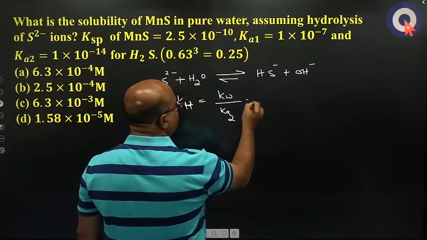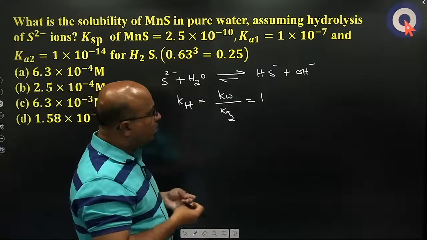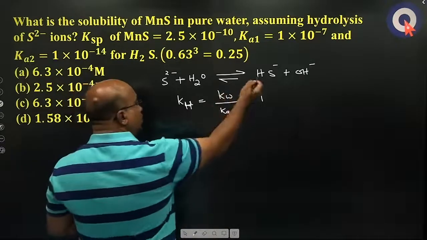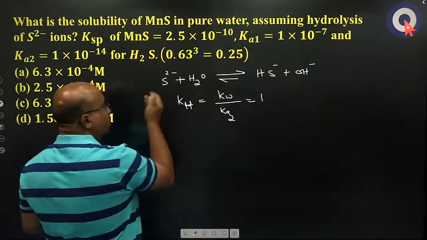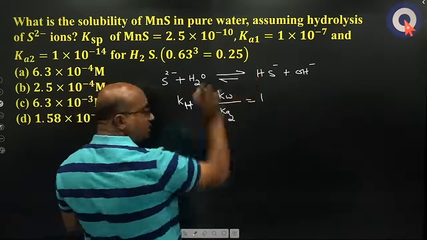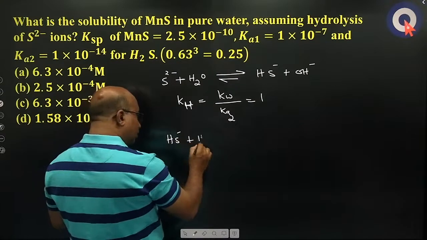So it is 10 to the power minus 14. This is also 10 to the power minus 14. So this is 1. Means it's a little bit higher value when we consider it. Maybe this HS minus also may undergo hydrolysis. That also we don't know, because he said sulphide ion hydrolysis only. But maybe there is an HS minus hydrolysis. Suppose HS minus hydrolysis will give